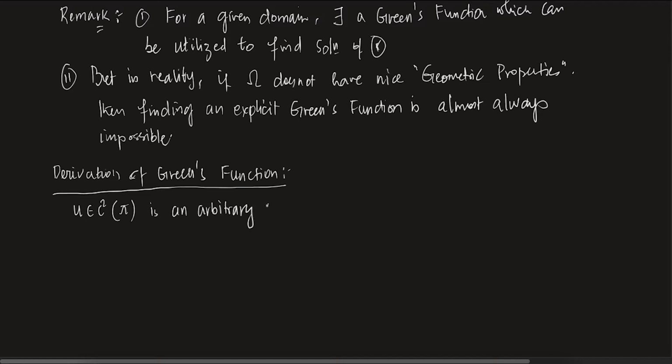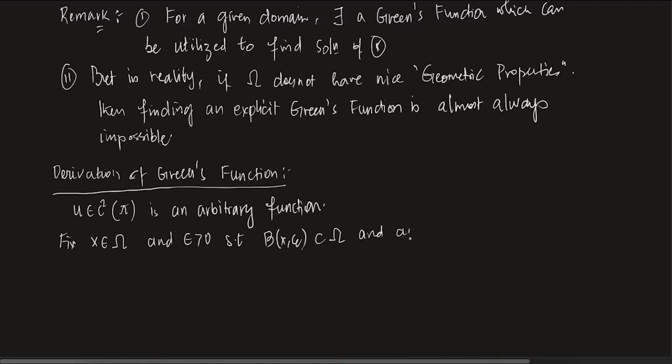So you start with any arbitrary function which looks like this. Clear? Okay. Once you do this, I'm going to employ a similar tactic to what we did in the last class for the convolution thing. So basically, we'll fix an x in omega, and epsilon greater than 0 such that B(x, epsilon) is contained in omega.